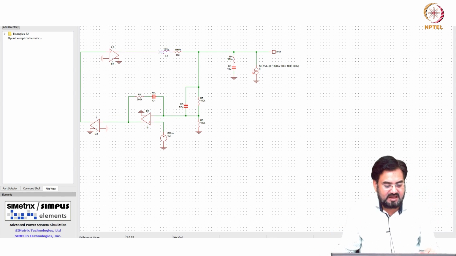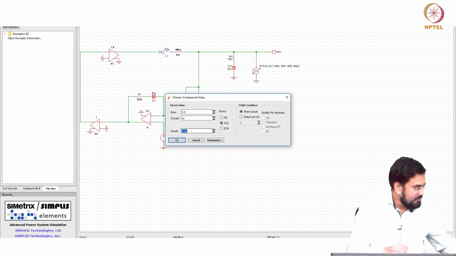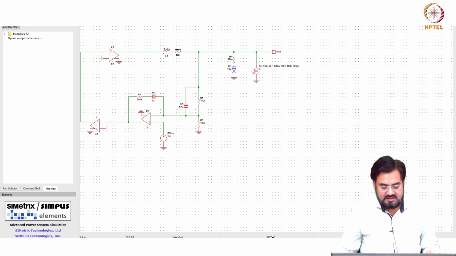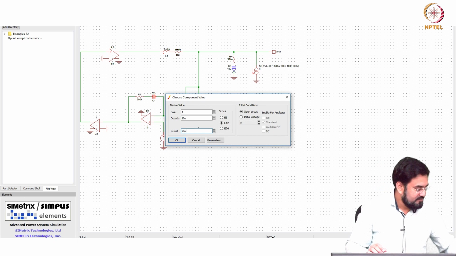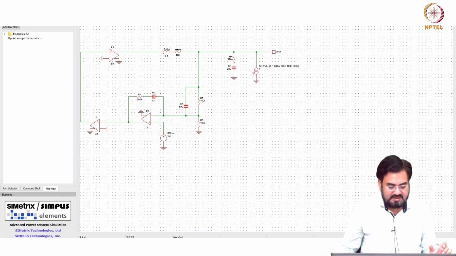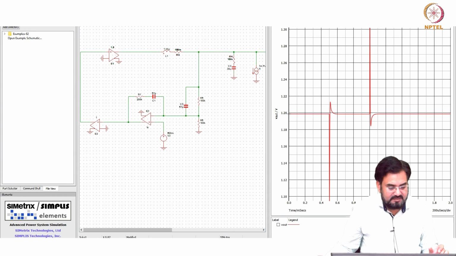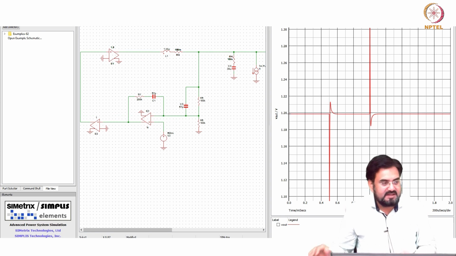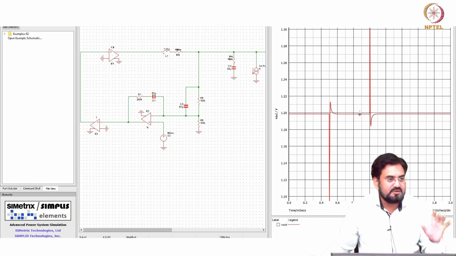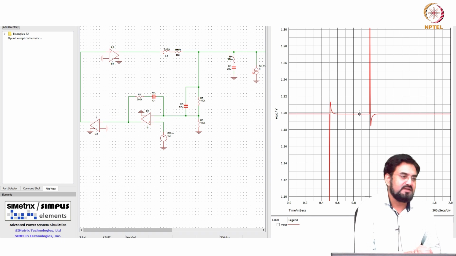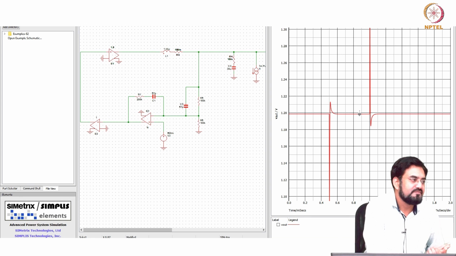So let us say I make this L half, let me just have that 1.65, and capacitor double. So LC product will remain same. Probe voltage. So I will run it and plot on top of this. And so one benefit you should get is that your Q is reduced, so this peaking should go away or at least should reduce. And what another benefit you are going to get, if anybody remembers?